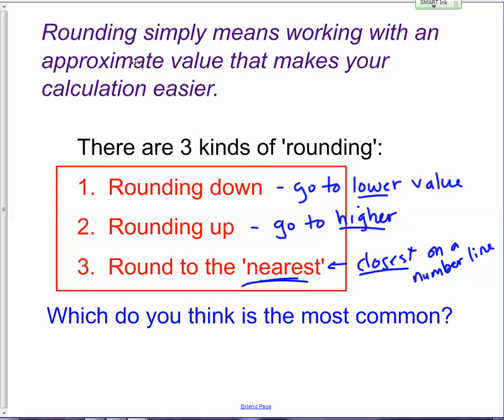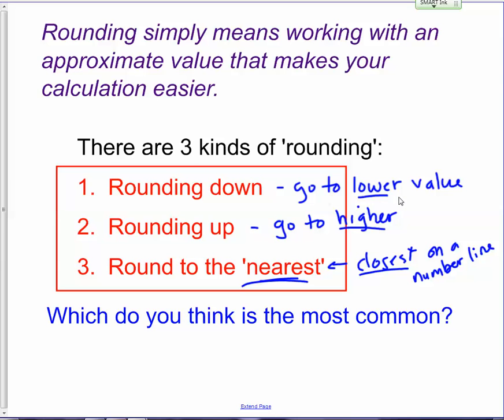Okay, so when you round off a number, you do that many times so that you can then calculate in your head. When you're making an estimate, it's just easier to calculate with a rounded number than a precise number. So for all those reasons we just gave, there are times when you just don't need the exact value. So there are 3 different kinds of rounding.